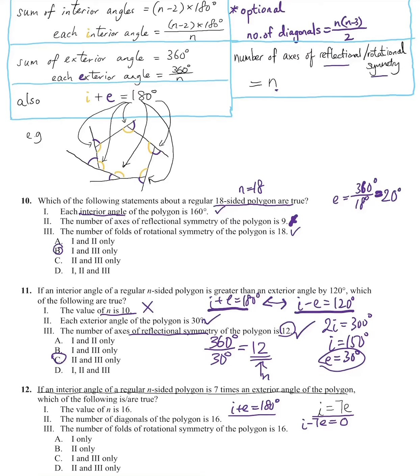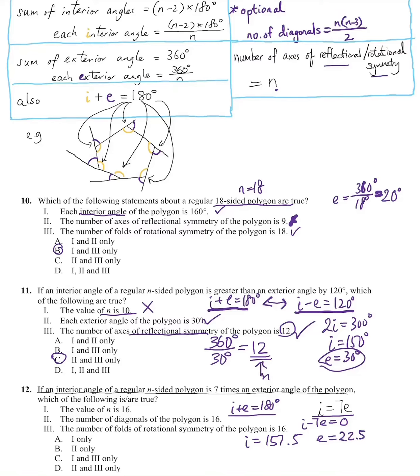Let me just do that. Program number 1, we insert 1, 1, 180, and then 1, -7, and 0. You will be able to get I as 157.5, and E would be